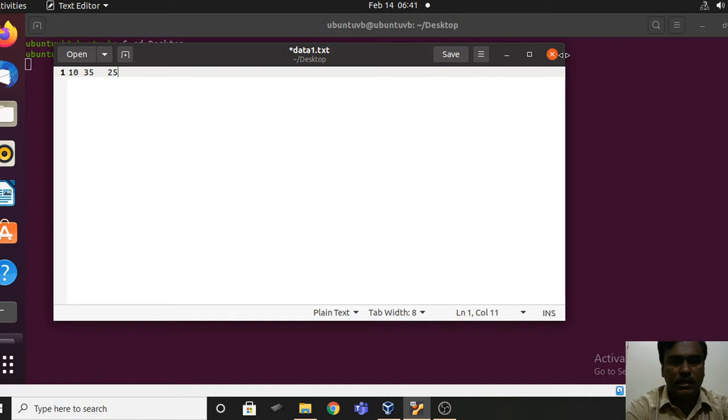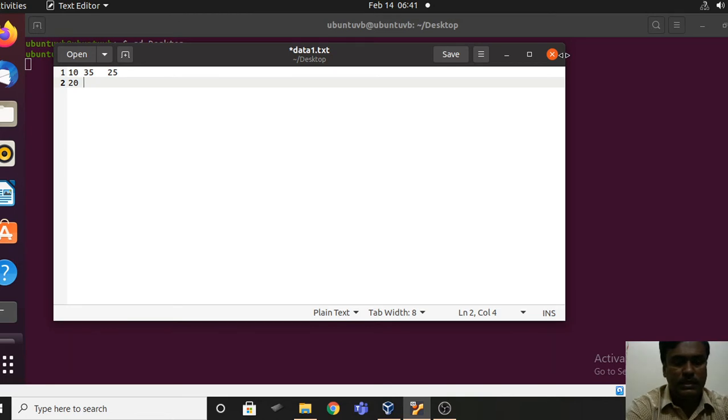Let me take a few more cases. This time I am going to take 20 nodes, with throughput 45 and delay say 35.